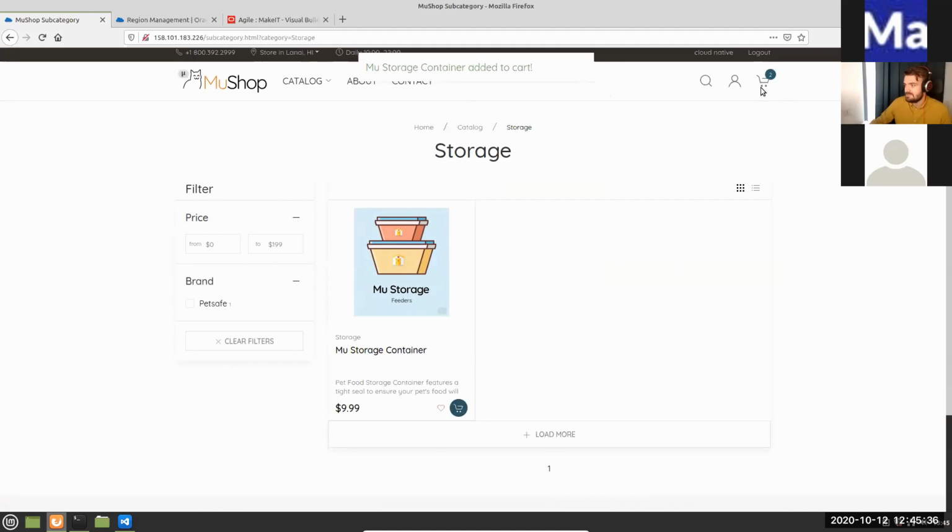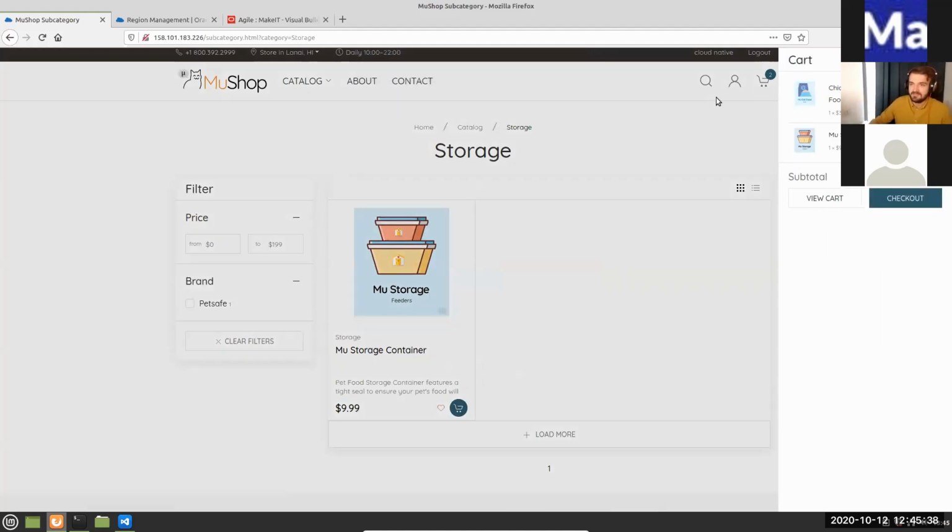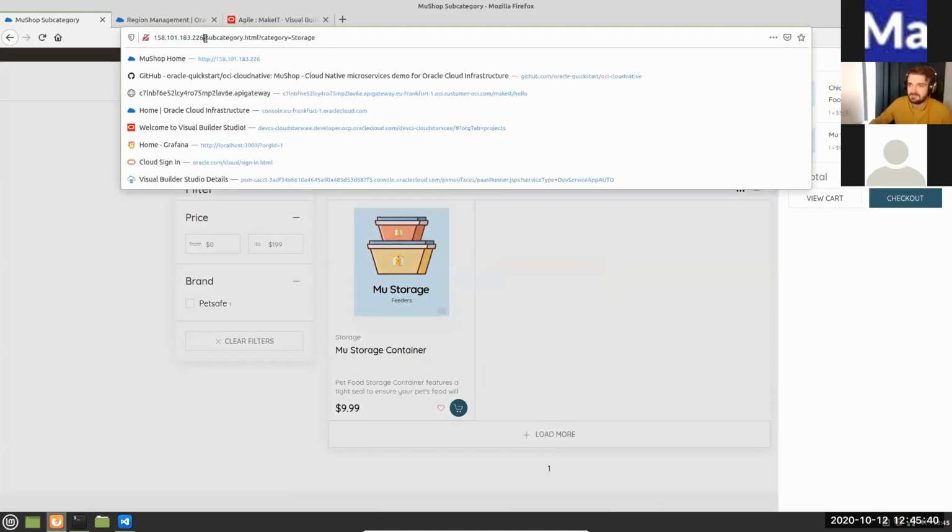So why I'm showing you this: if you can see here in the browser, this is a public IP address of a load balancer being provisioned in Oracle Cloud. Our entire presentation today is going to cover this application. This application is running in Oracle Cloud Infrastructure, is being accommodated by a Kubernetes cluster, and we have incorporated in